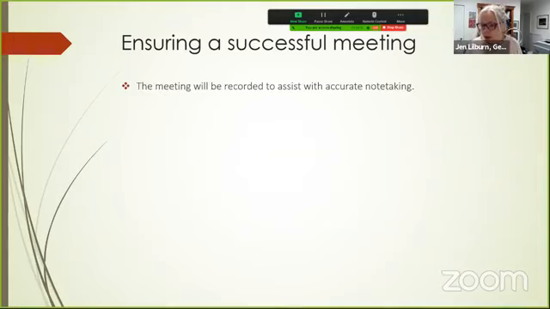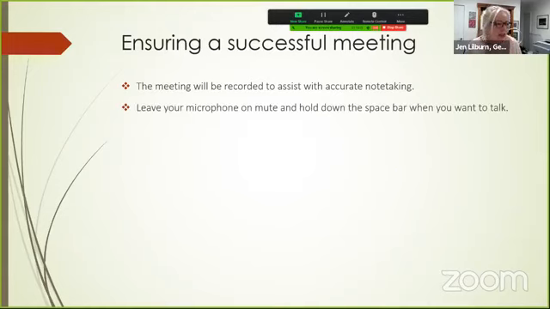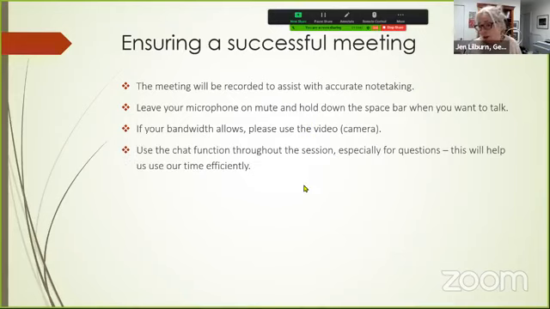And I always go through some guidelines, particularly with community members. Often when I'm working with members of an agency or a government department, they're used to meeting online. So I just give them, I suppose, ways of ensuring that everybody gets the most out of the meeting. I encourage them to use their video. Sometimes, in this case, I ask them to leave their microphone on mute, but often I get them to take their microphone off mute so that we can have a conversation throughout.